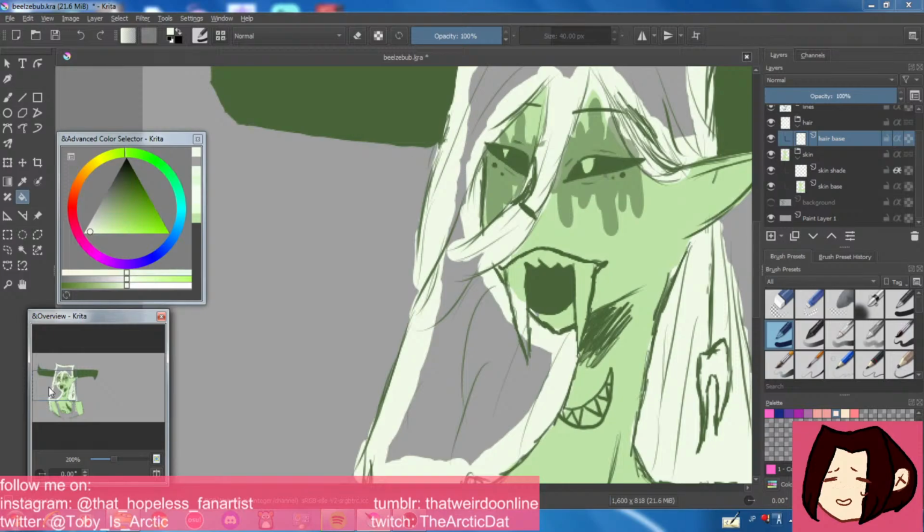But I guess that's one of the downfalls of getting better. Because I always wanted to have a more detailed style, and now I'm paying the price for that.